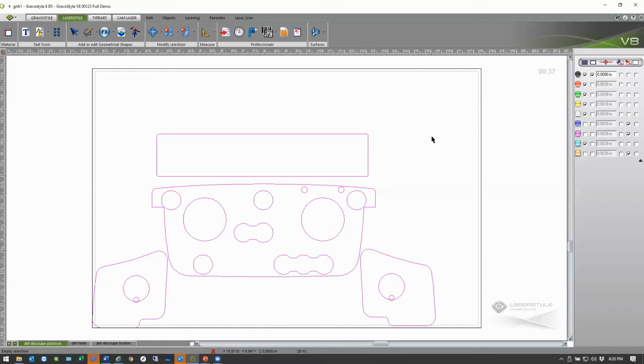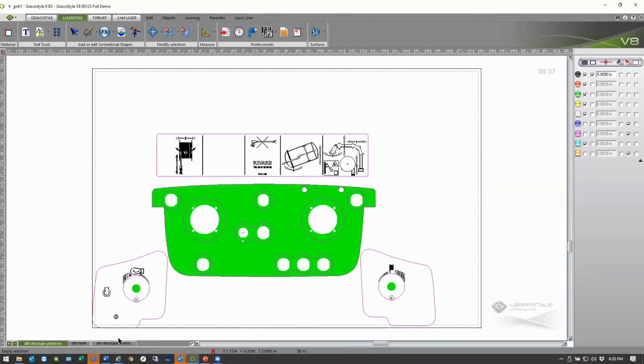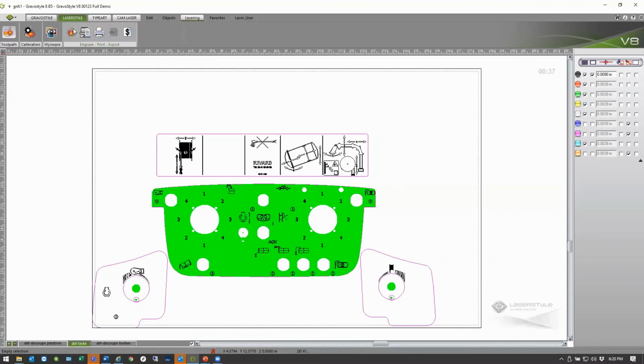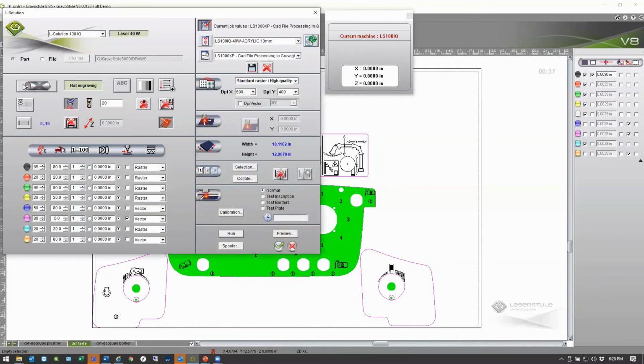Now that each of my layers is in, I can select to view all layers together if I want to see the stacked layers as they'll be processed. The next step would be to go and select my lasering interface for L Solution. I can affect any changes that I need to have within this tab, or in the case of this CAD file, I have set up a user-defined setting up here so that in my drop-down menu, anytime that I'm processing a CAD file, I know that I have assigned